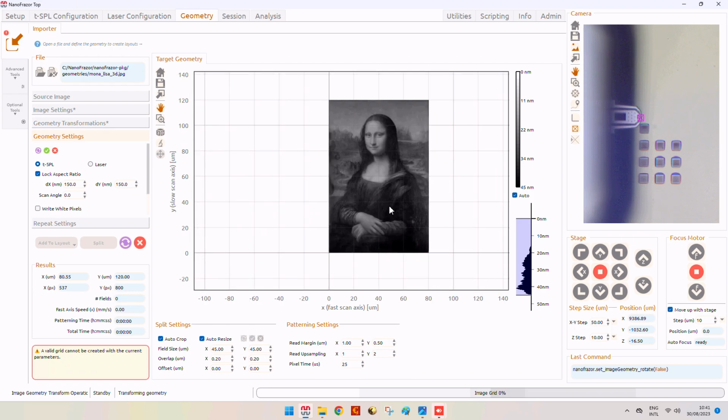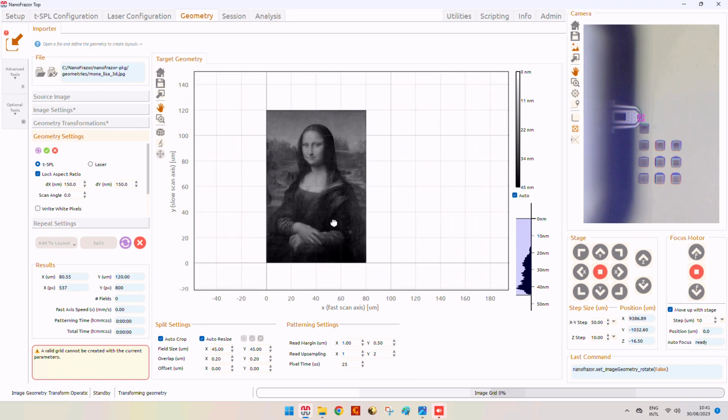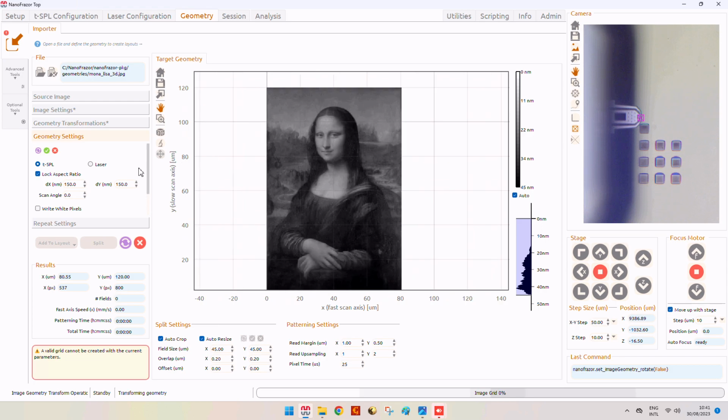Once we are quite happy with our transformation, we can do further changes in our geometry. But first of all, we have to choose what we are using our layout for. Is it a TSPL or a laser use? So in this case, let's say we want to do a TSPL.